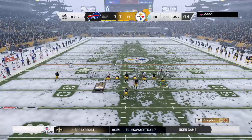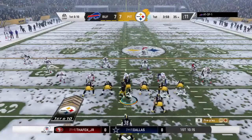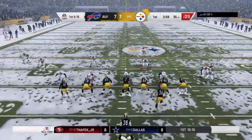Snickers, 66. No spacing. Mike's 49. It's going to be a...